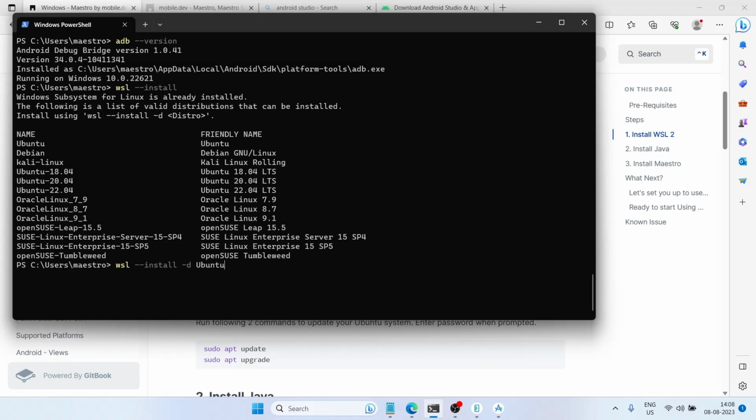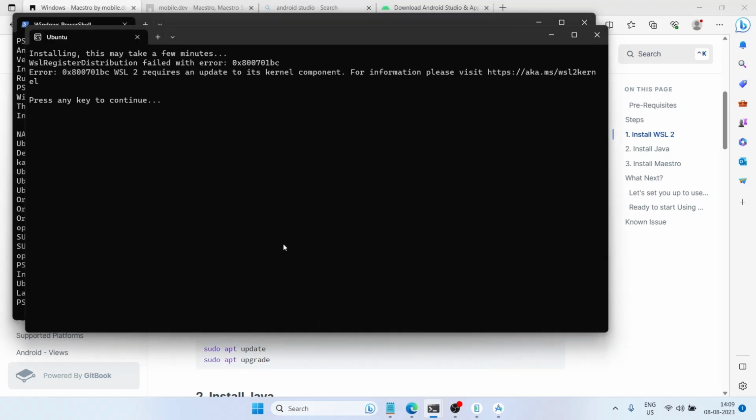I would also highly recommend installing Ubuntu because it's more friendly and more users are on it, so you will get plenty of support if you're using Ubuntu in your WSL. So it's downloading Ubuntu. Okay, now